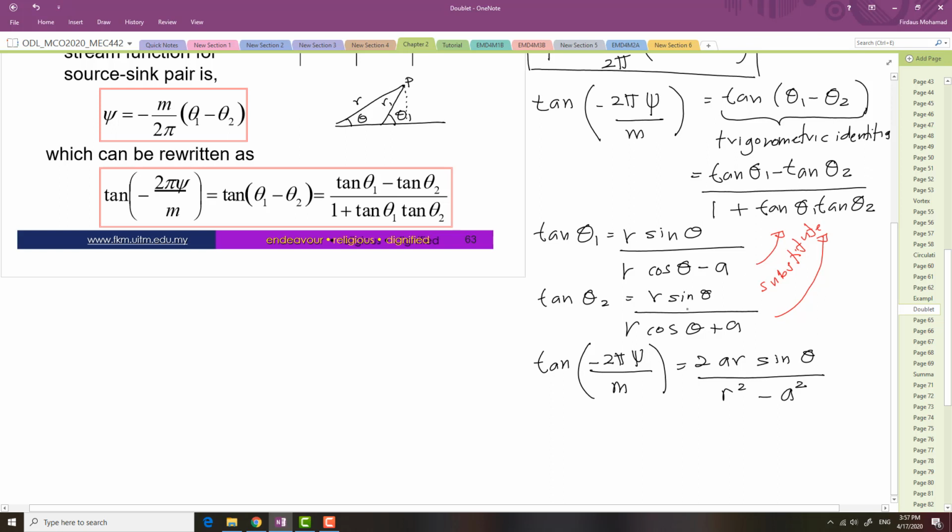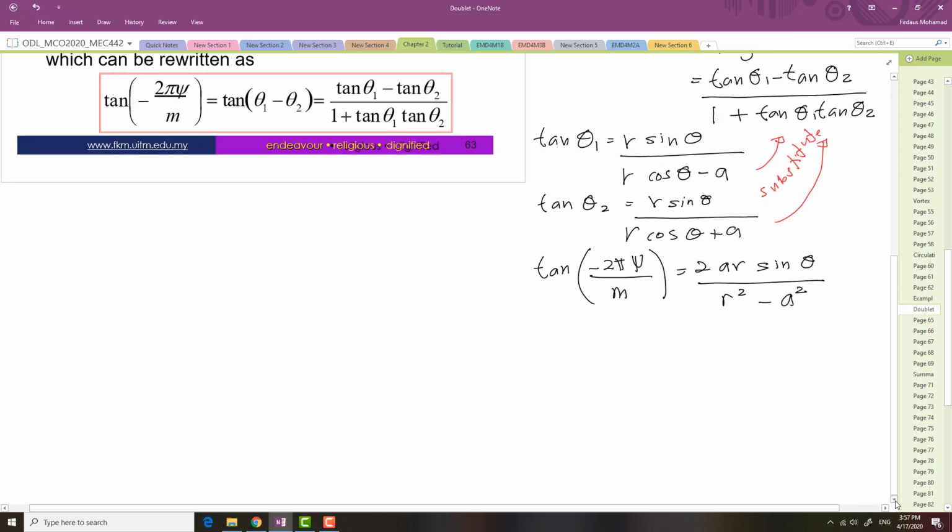So after you substitute tangent theta 1 and tangent theta 2, you will apply a lot of trigonometric identities until you obtain this final result, which is 2ar sine theta over r square minus a square. And then from this we can obtain the psi, or stream function, equal to